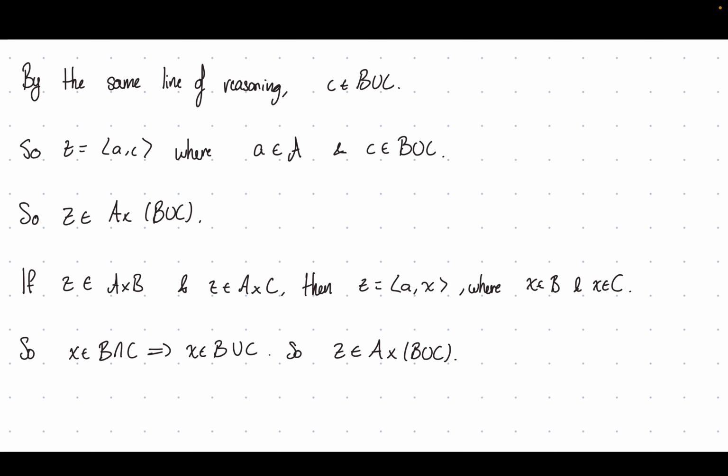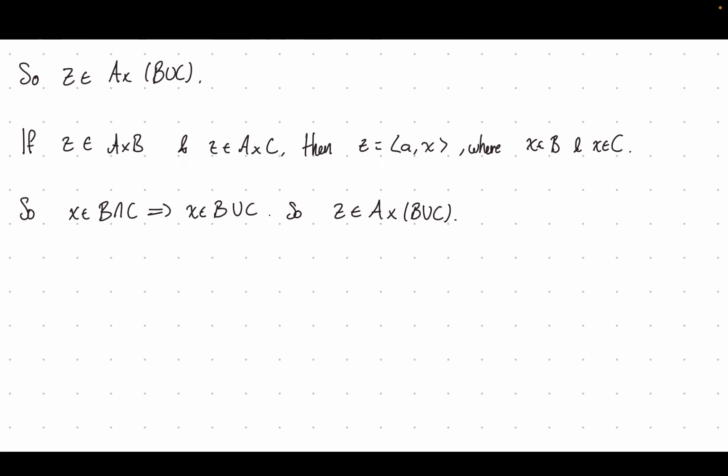The general idea is that it's the exact same proof for all three cases. This tells us that A cross B union C is equal to A cross B union A cross C. And there you have it. That's part A. Now part B, I have it right here,